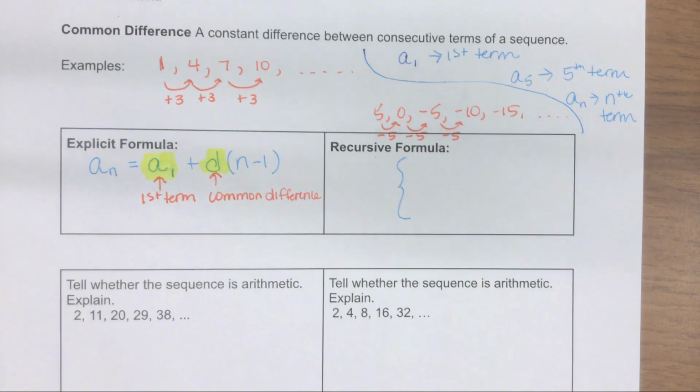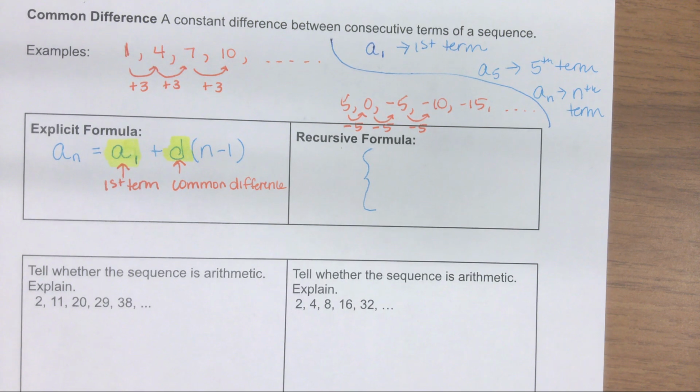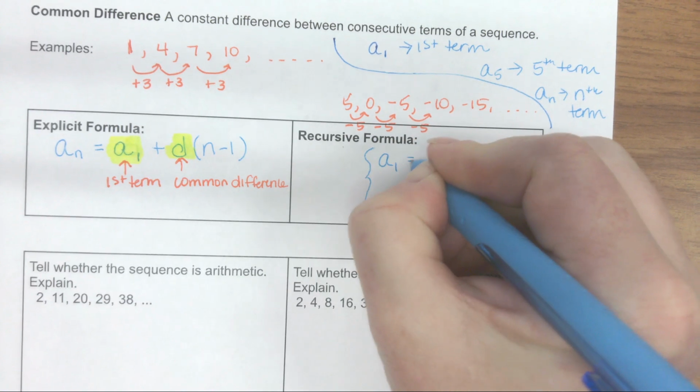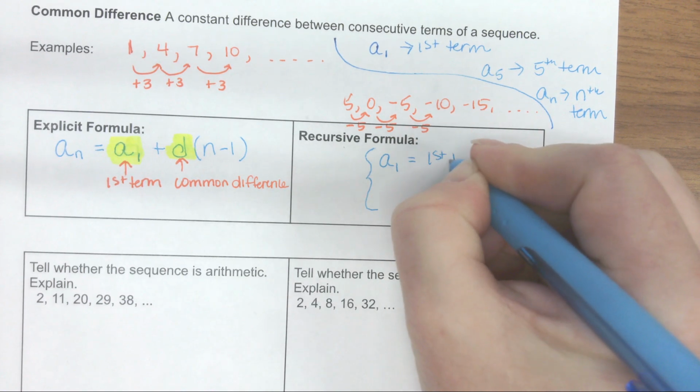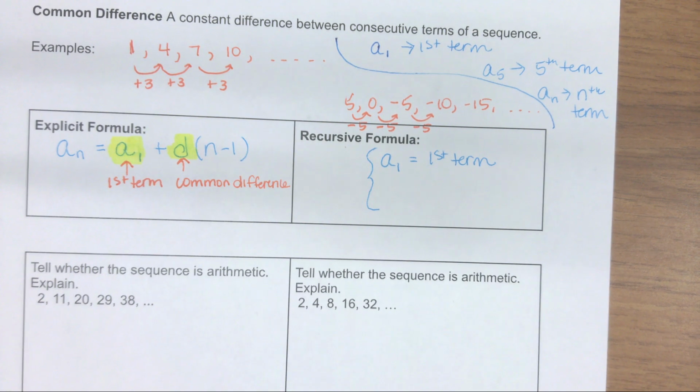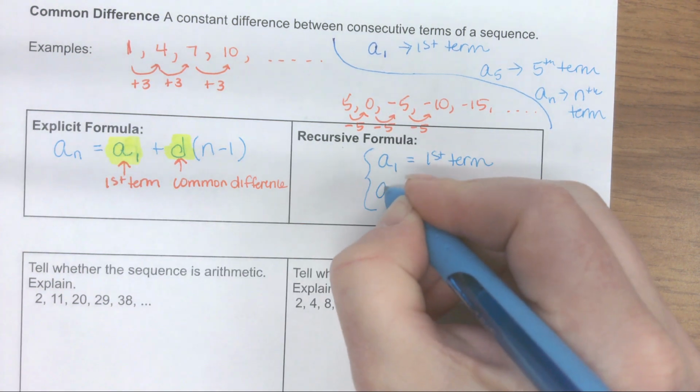So we're going to separate that with a bracket. What we do is we write what the first term is, and you put it right here. And then you describe how to find terms. So to find a general term,